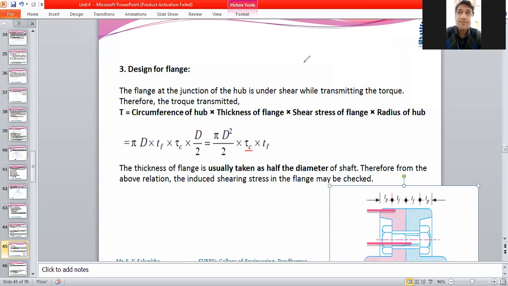Let me know if you have any question. You can write in the chat box as far as this slide or this formula is concerned. Any question? Do you get it? Yes, let me know. Our dialogue should be both ways. If you are understanding it, let me know. If not, also let me know so that I can repeat it. You can write in the chat box or you can unmute yourself if you have any doubt.